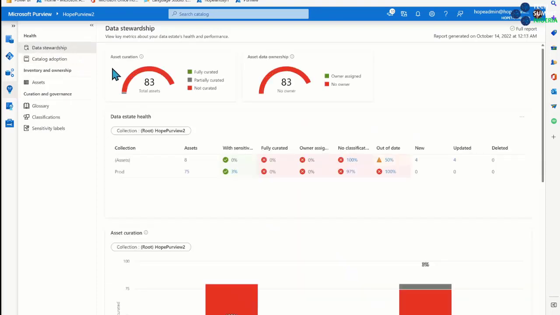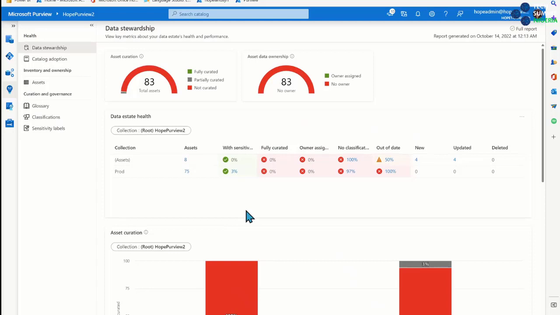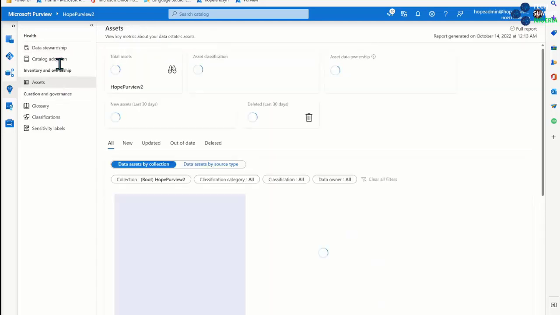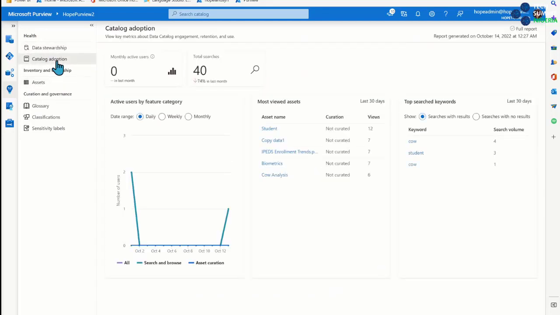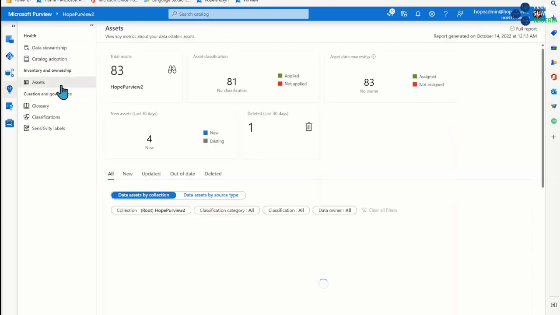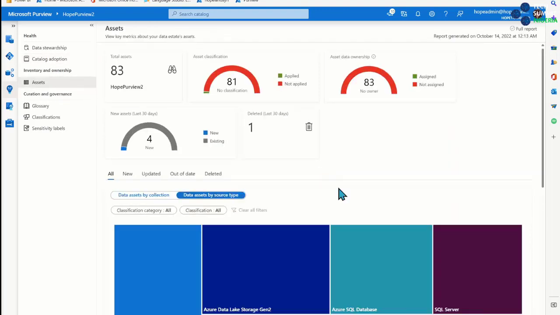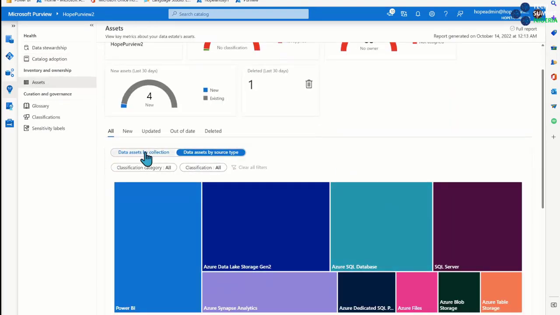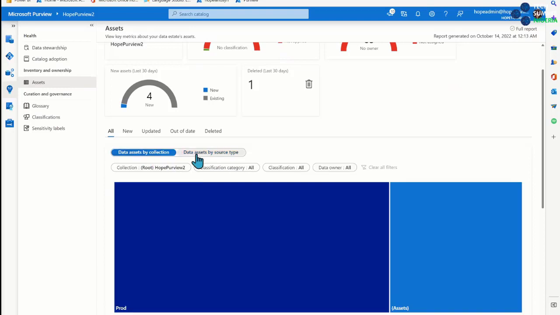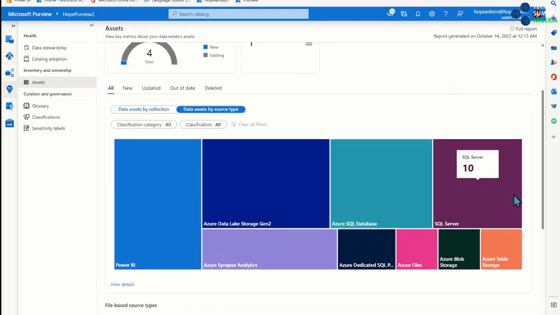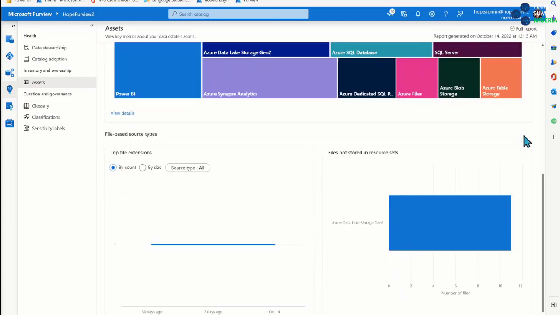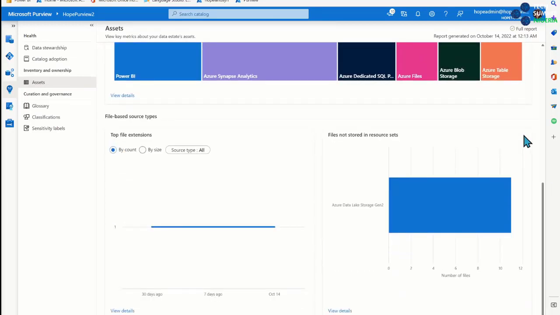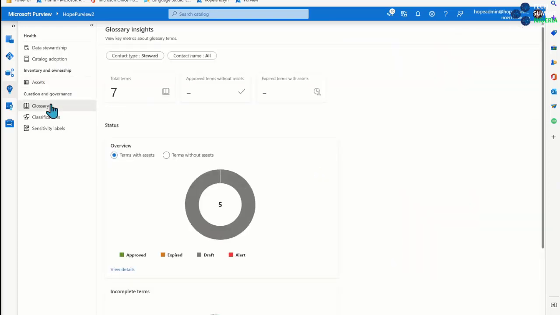You can see here, this is a bird's eye view of what's going on in my data environment. There are metrics on adoption, also by data set types. This is by collection. I don't have too many collections, but I do have a lot of different types of data in my Purview environment. I can see file types and different things, how many glossary terms have been created but not tied to something.